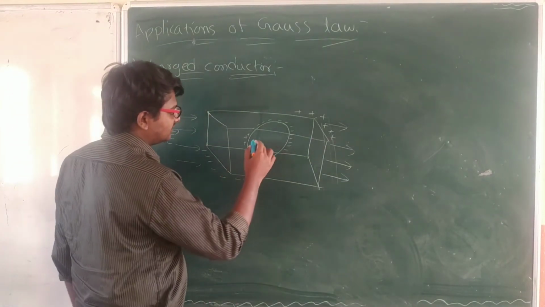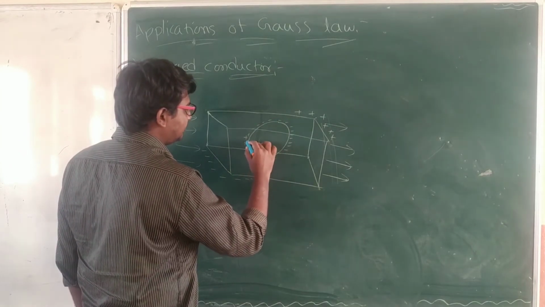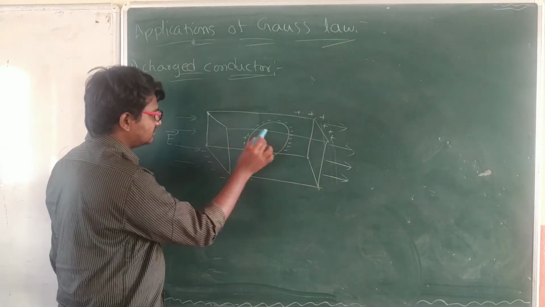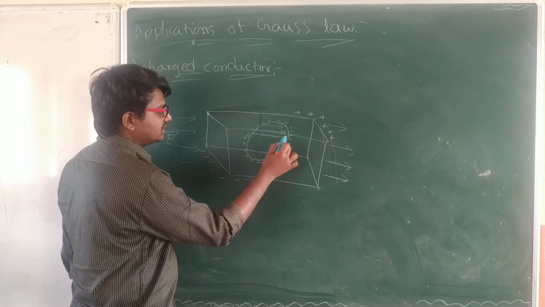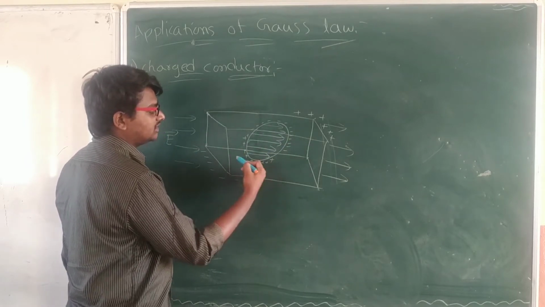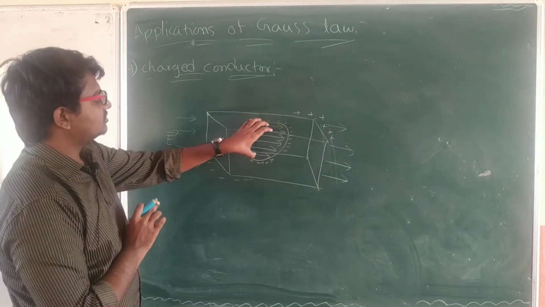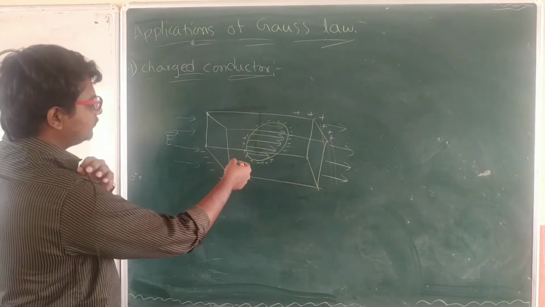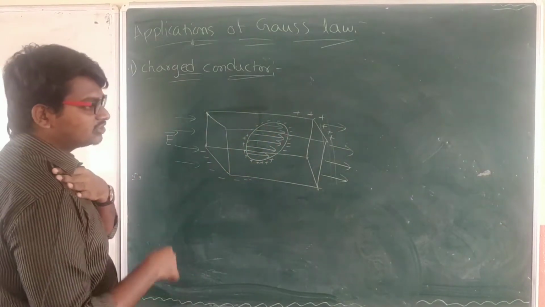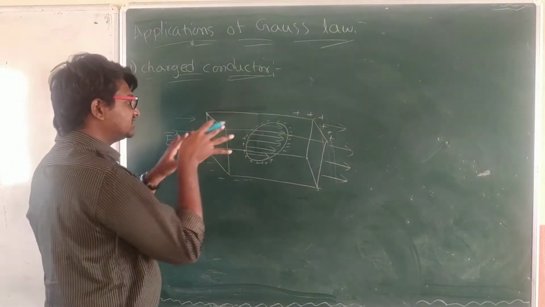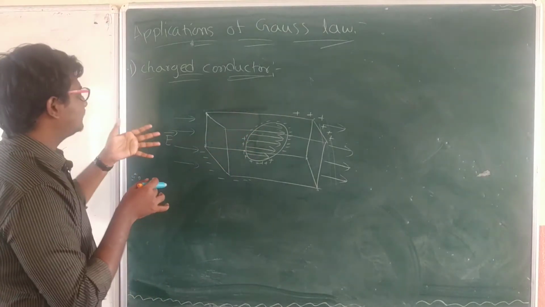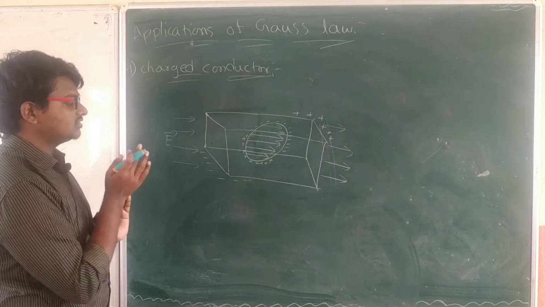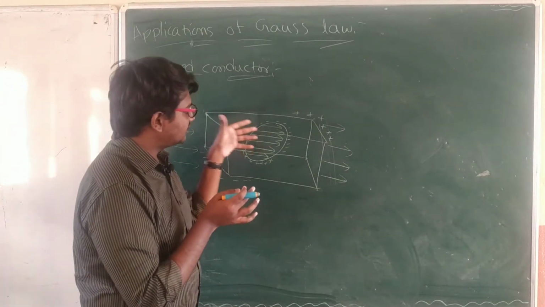As it forms like this, the electric field lines will pass like this inside also. These lines are flowing in this manner directly, and inside also the electric field will go in this manner. Inside there is an existence of electric field, and it exists because of the distribution of charge, not because we have given some charge to this. The outside electric field is flowing into this conductor and the charge distribution has taken place. Due to the charge distribution there is an electric field inside here.